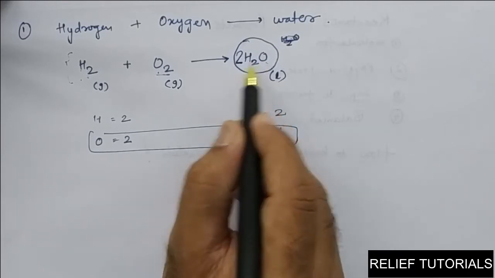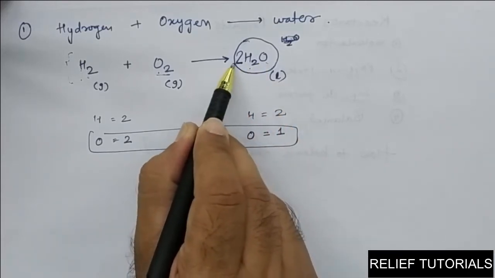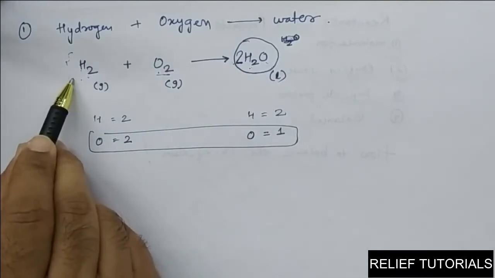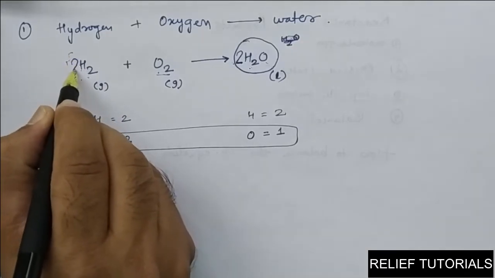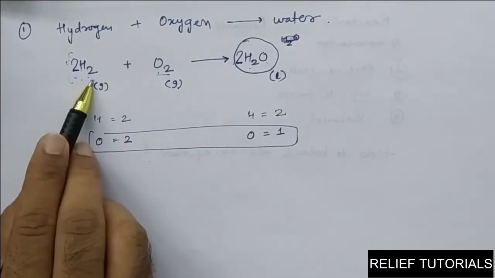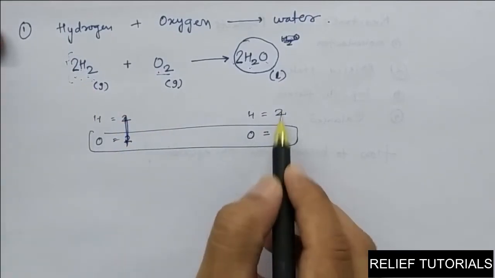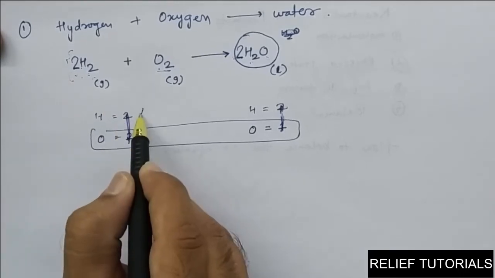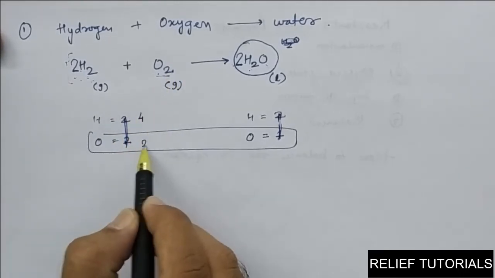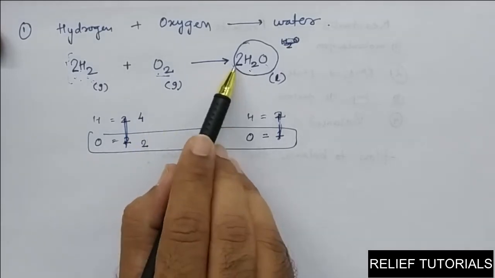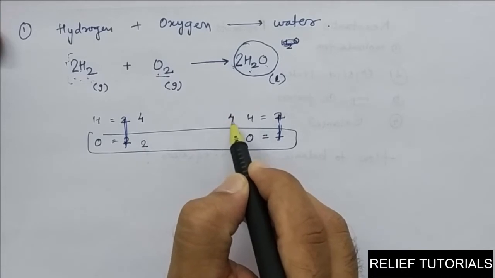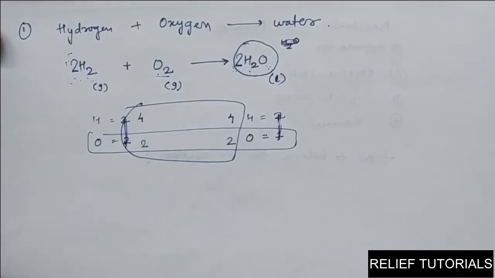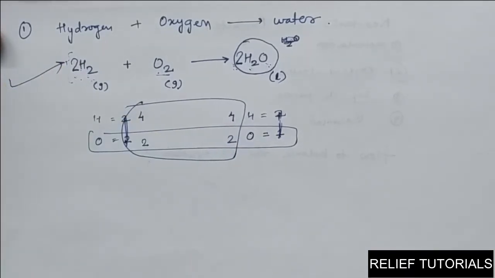Oxygen is balanced now because there is 2, but now hydrogen has become unbalanced. There are 4 hydrogens on the right, and on the left hand side there is only 2 hydrogen. So if you multiply this number by 2, the number of hydrogens now becomes 4. Now you compare. This was the initial situation. Finally, how many hydrogens are here? 2 2s are 4. How many oxygens? It is 2. Now these numbers are balanced. So this is a balanced chemical equation.